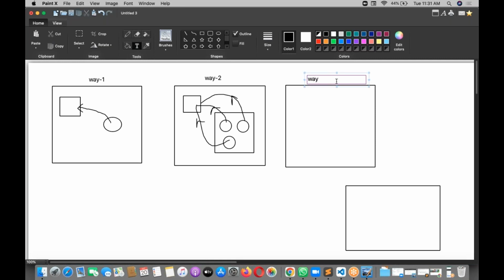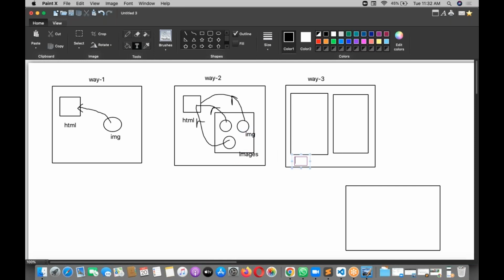HTML is in a separate folder, images in a separate folder. All your HTMLs in one folder, all your images in one folder. This is the HTML file. Okay, if you want, I will write here. This is HTML, and this is image. This is HTML, and this is the images folder, and this is the image.